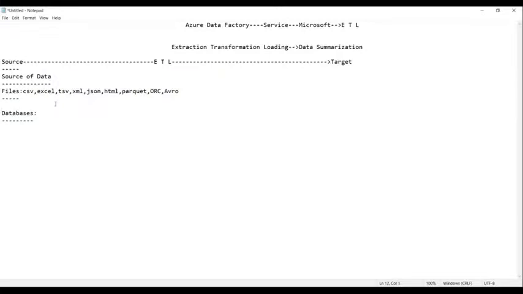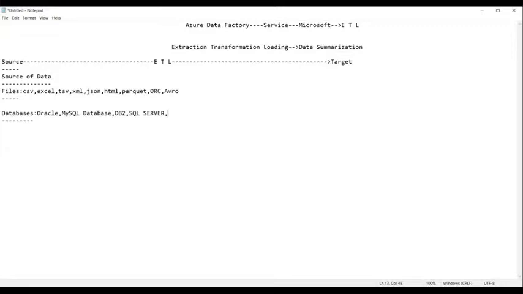So what are the databases you can have? Tell me, Oracle database, MySQL, PostgreSQL, DB2, SQL Server, Cosmos DB, MongoDB.